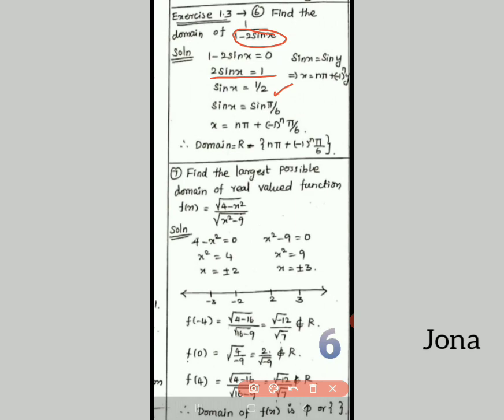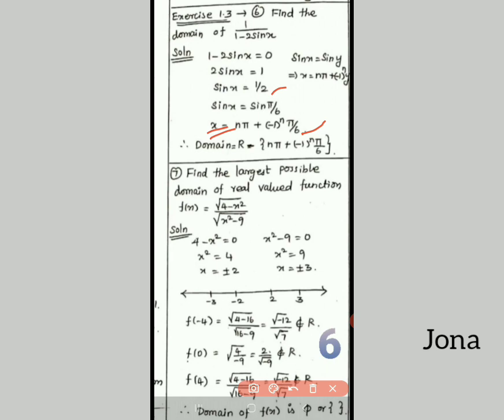Okay. So pi value is 180 degrees, isn't it? So 180 degrees by 6 is 30. That 30 we can write like this, pi by 6. Okay. So sin pi by 6 equal to 1 by 2. So this is sin x equal to sin pi by 6. Here I want to find the value of x only. This general value also we will study in trigonometry in brief. So in the third chapter I will explain you.